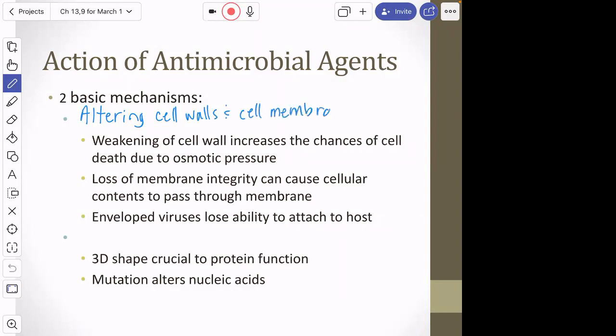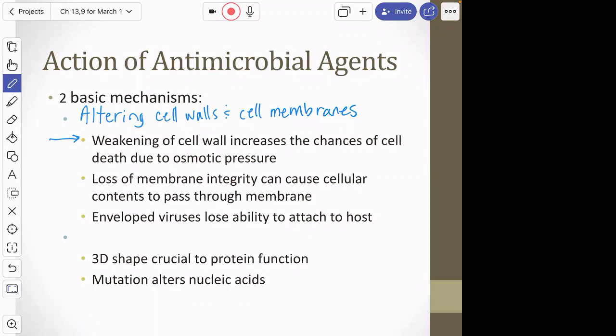Okay. And thinking about why it's important for a cell to have an intact cell wall and an intact cell membrane. We're going to talk much more about weakening the cell wall when we get to antibiotics, but if that bacterial cell wall is not intact, it's not going to protect the cell like it normally would, and it's especially going to be susceptible. Think about if it's in a hypotonic medium, which normally it would be, water is going to be rushing into the cell, and that cell is likely to lyse because the cell wall is not intact to keep it from